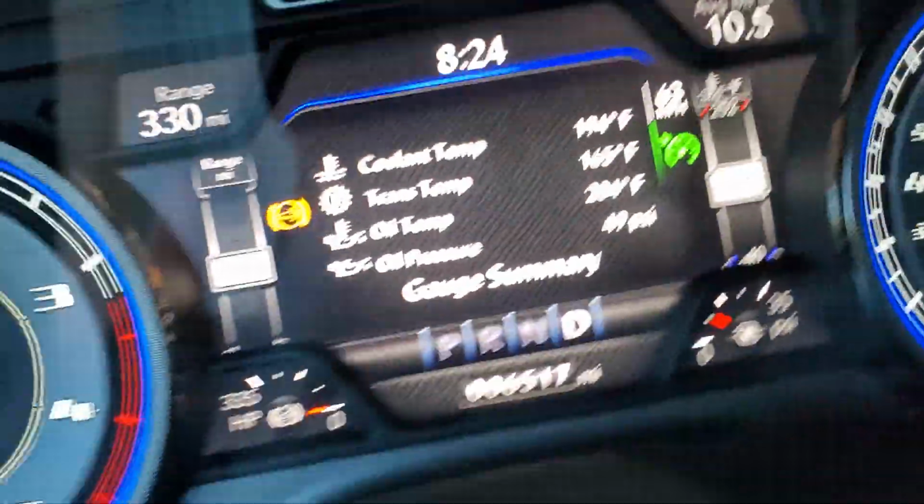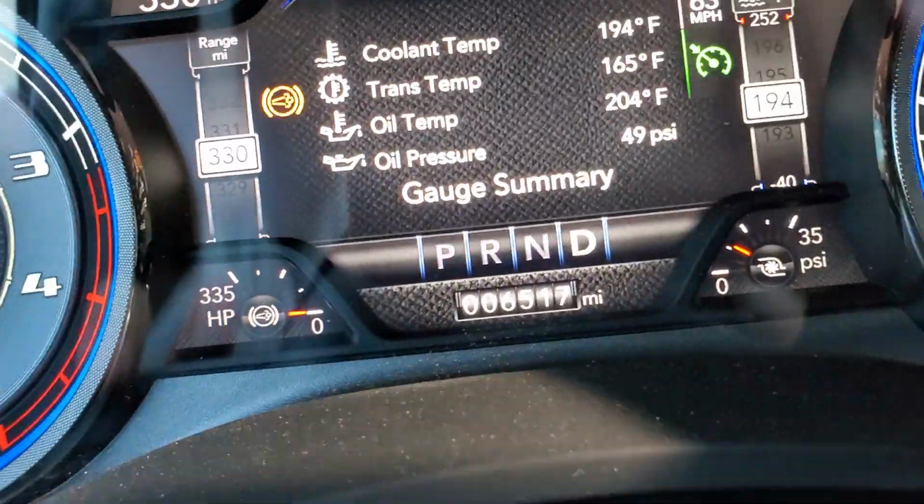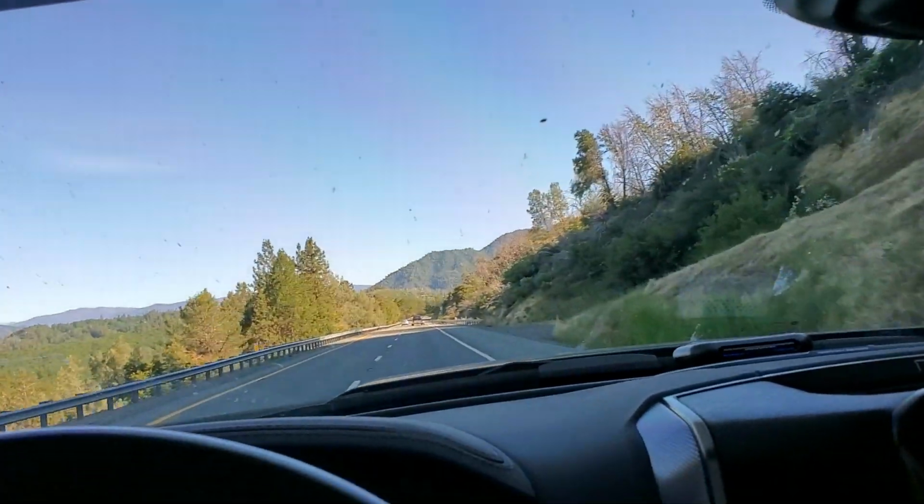As you can tell, Lord help me with this camera work because I am poor with it, but 6,500 miles there. 6,500 miles, and time to share some more info. I did a transmission